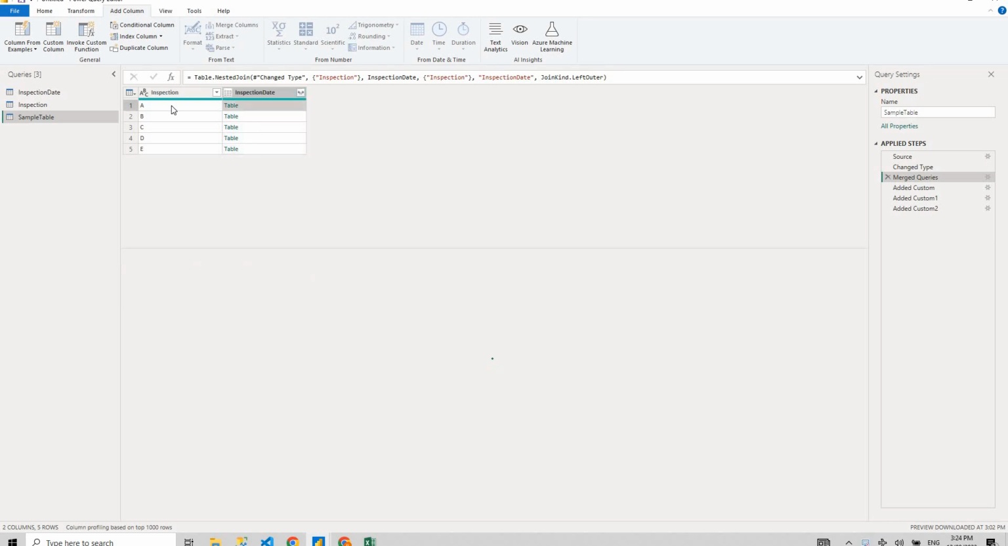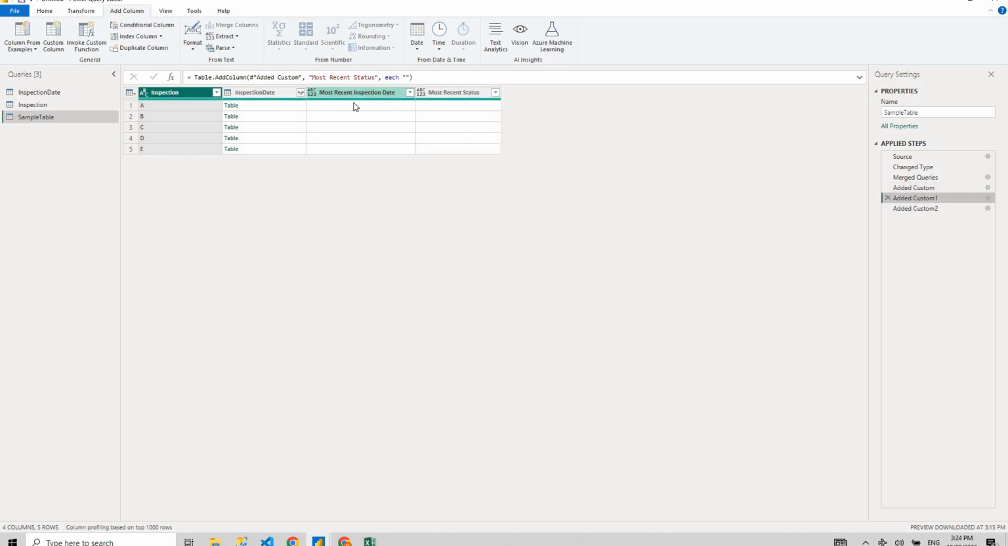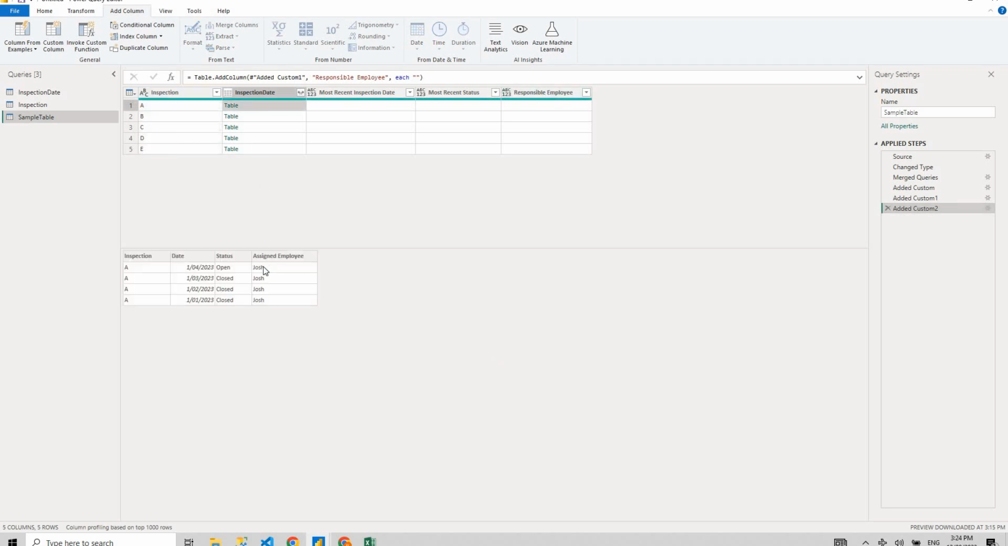So let's say for inspection A, there are all the inspection dates. So I want the max, the most recent inspection date, and I want to fill a column with the most recent inspection date for that inspection type. And I want the most recent status for that inspection date, and I want the responsible employee, which is the assigned employee, for that date. So for this one, I want just these three records. So I want the max date, I want the status on that date, and I want the assigned employee for